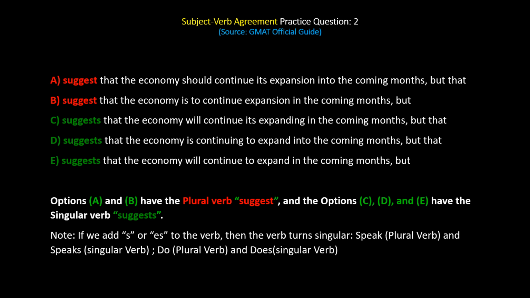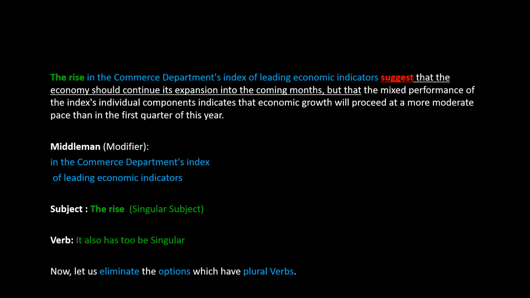I have already told you, the moment you understand that it is a subject-verb agreement question, you identify the middlemen and eliminate them. After eliminating the middlemen, you must match the subject with its verb. Match the verb with its subject and make sure that they agree in number and make sense when read together. I see two prepositional phrases in the sentence after the subject, namely in the Commerce Department's index and